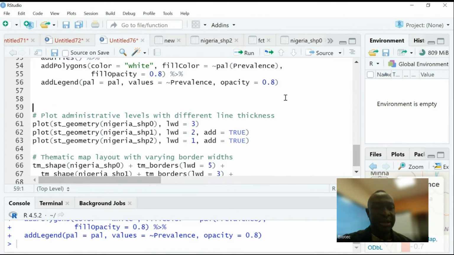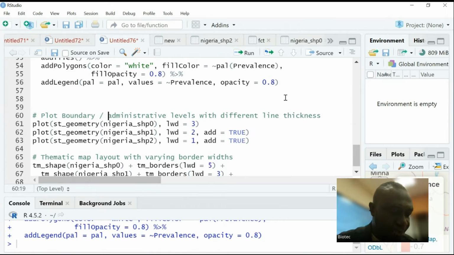Going forward, the last two things I would love to touch on is the plot boundary. Let me write plot boundary. So how do we add plot boundaries with different thickness? This will help us to visually show administrative hierarchy. So, for example,